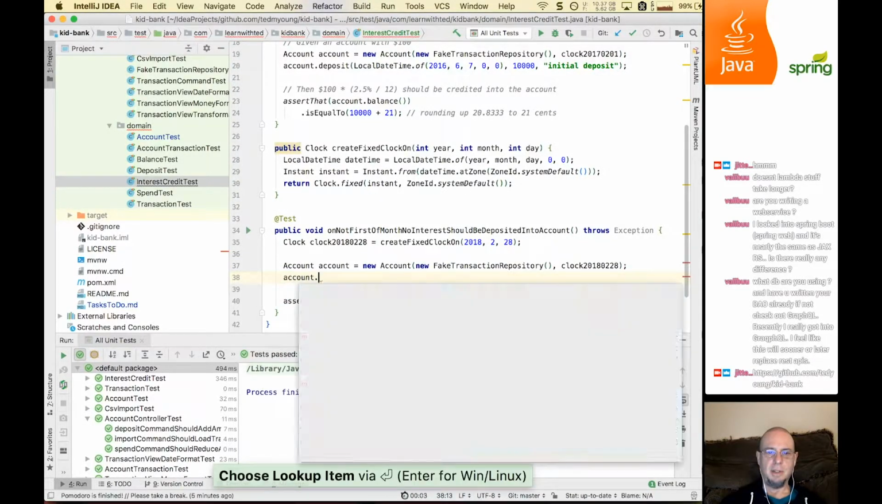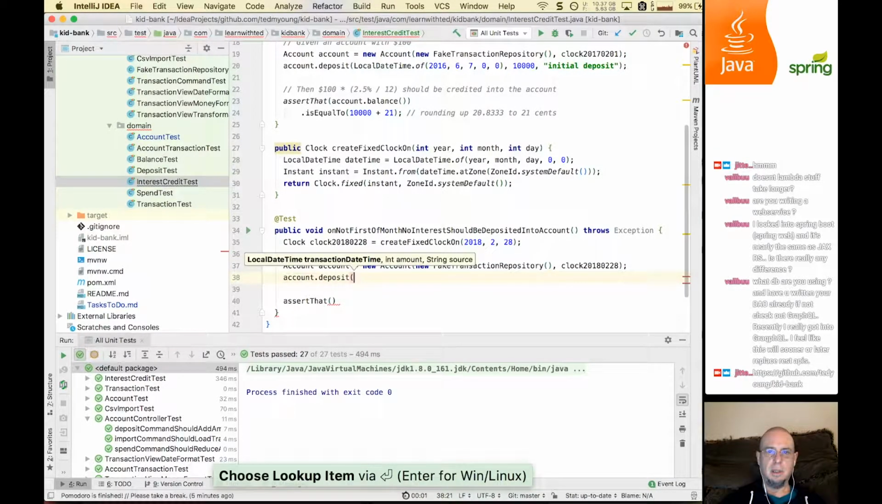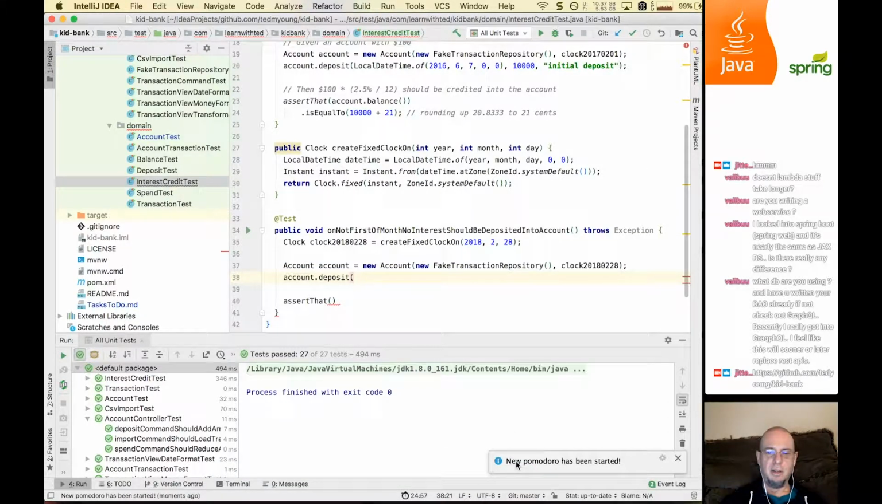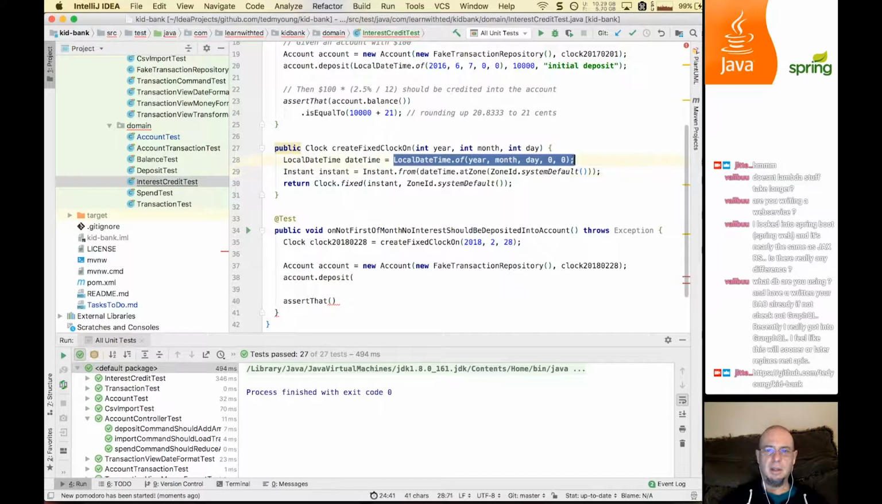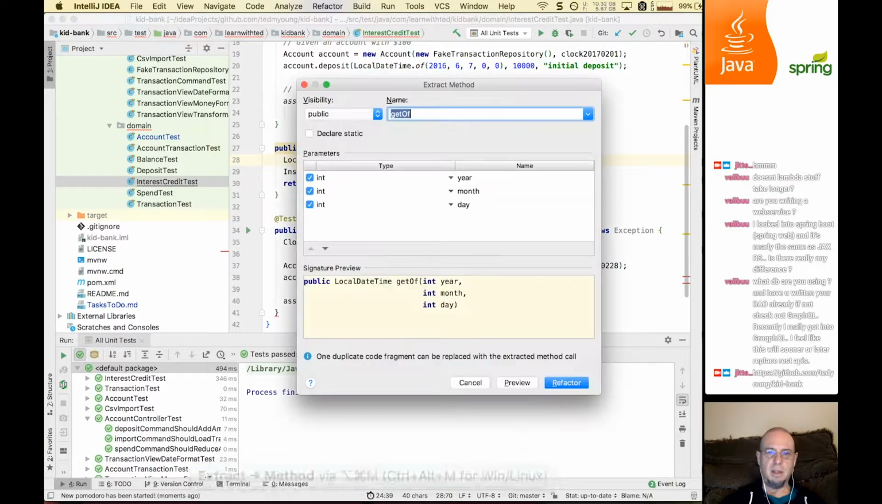We'll go ahead and deposit. Already in a new Pomodoro. Should have taken a break. Well, I'll take a break after I get this test to pass. And then actually going to probably call it an episode. So this thing I actually want to extract into a method. Local date time of